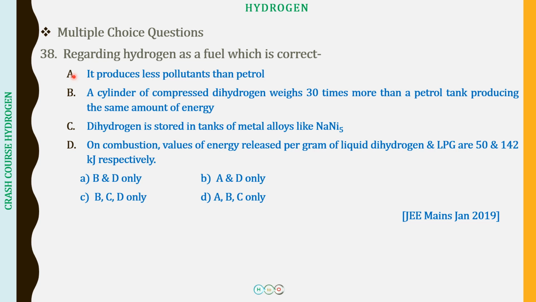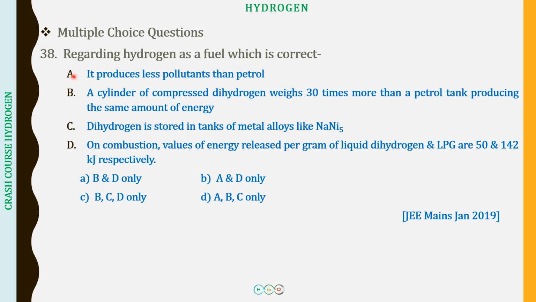There is going to be no carbon dioxide release, so there is no greenhouse effect, and hence the global warming, which is a big concern for us these days, well, that would not be happening. So we have hydrogen as a potential source of energy.